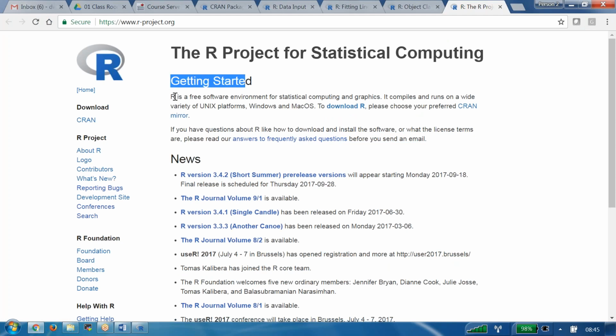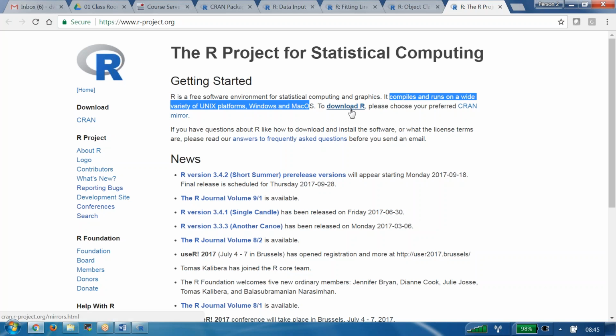Getting started. R is a free software environment for statistical computing and graphics. It compiles and runs on a wide variety of platforms, Unix platforms, Windows, or OS. If you want to download R, click on download and please choose your preferred CRAN mirror. If you click on this download R, we are able to see here